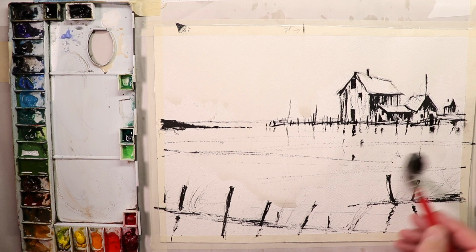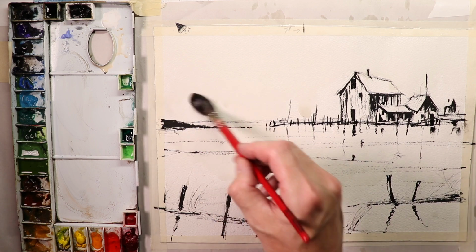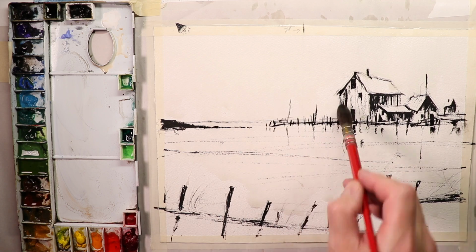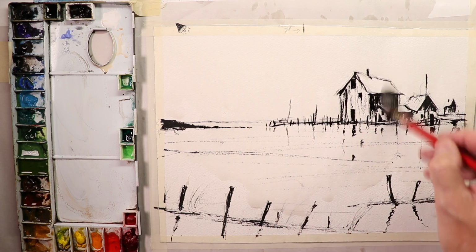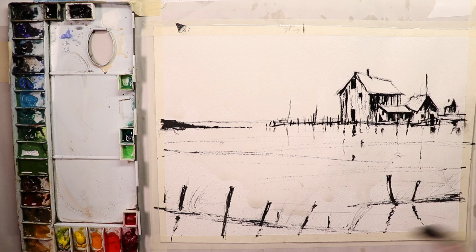And then I'll put some over here too. And the thing is here, you're just going to have lots of fun with this. Don't worry about it. Do a number of these paintings and have fun with them, and don't stress. And then I'll put some on top of here too, just on top of the buildings a little bit. Just like that. Lots of water though. Okay, now